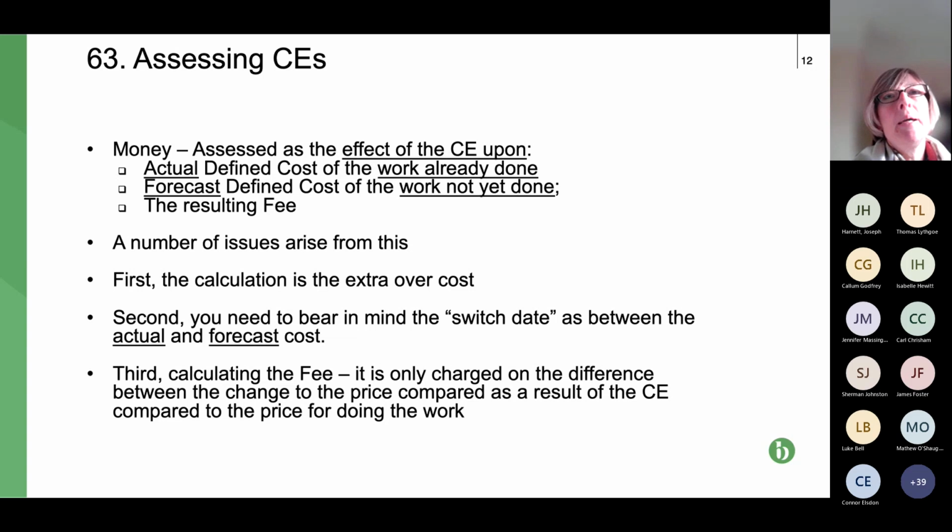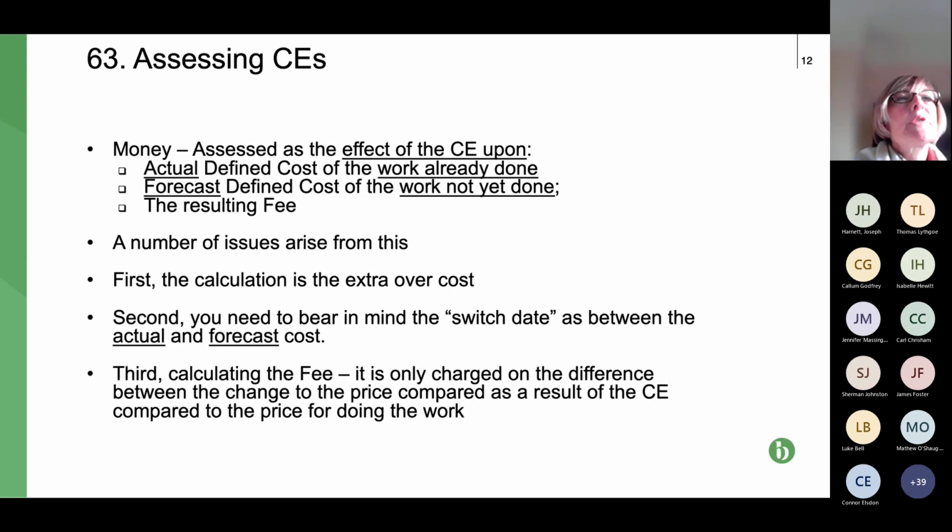If the PM accepts the contractor's quote, it's going to be really difficult. There's no case law on this, but I think it's pretty much impossible for the contractor to go back and say, well, actually, my quote was wrong. I need more money. So that's why I say you need to be really careful and make sure your extensions of time are included within your quote. Don't forget about it.